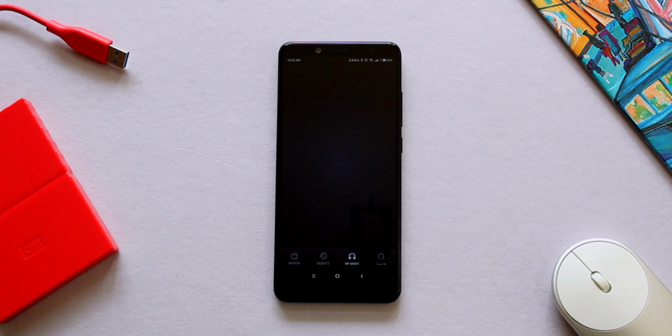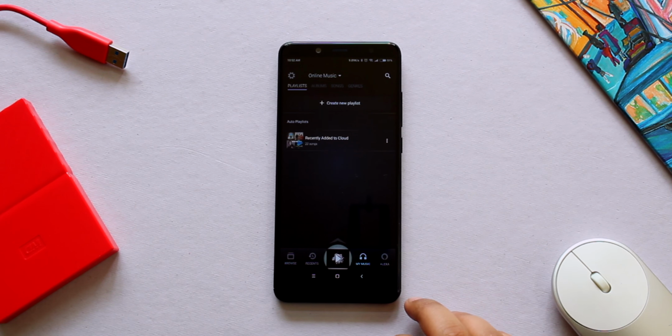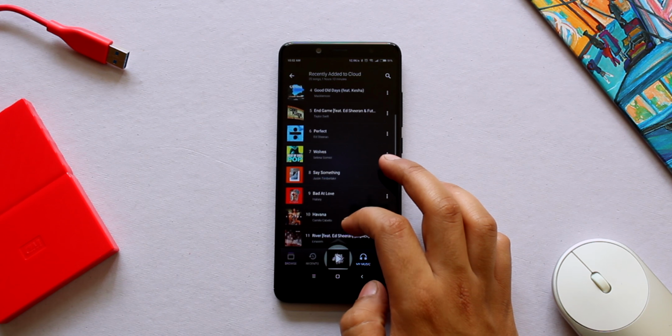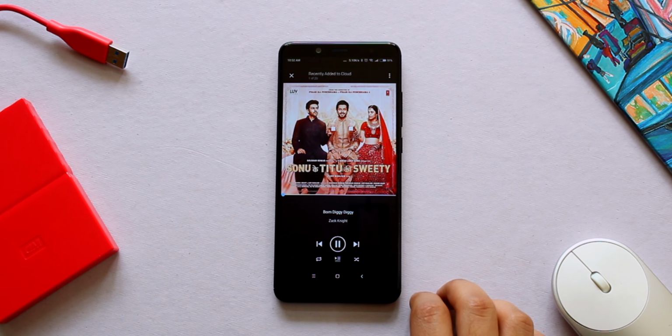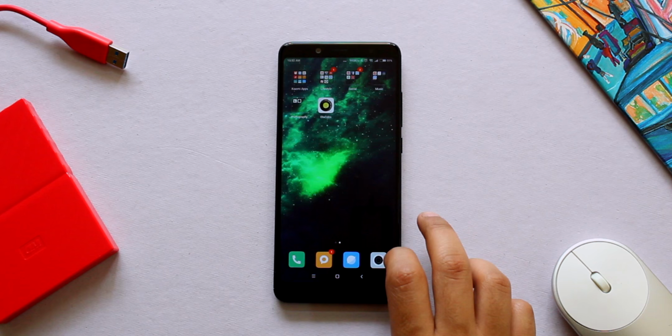So anyway, that's been it. These were the top 5 problems that I have with this phone. As I mentioned in the start of the video, by no means this phone is bad. It does a lot of things right. The performance is good, the display is awesome, the cameras are really good, and the build quality is superb. So this phone is very good when it comes to the price of rupees 14,000. But again, it is not a perfect smartphone. No phone is a perfect